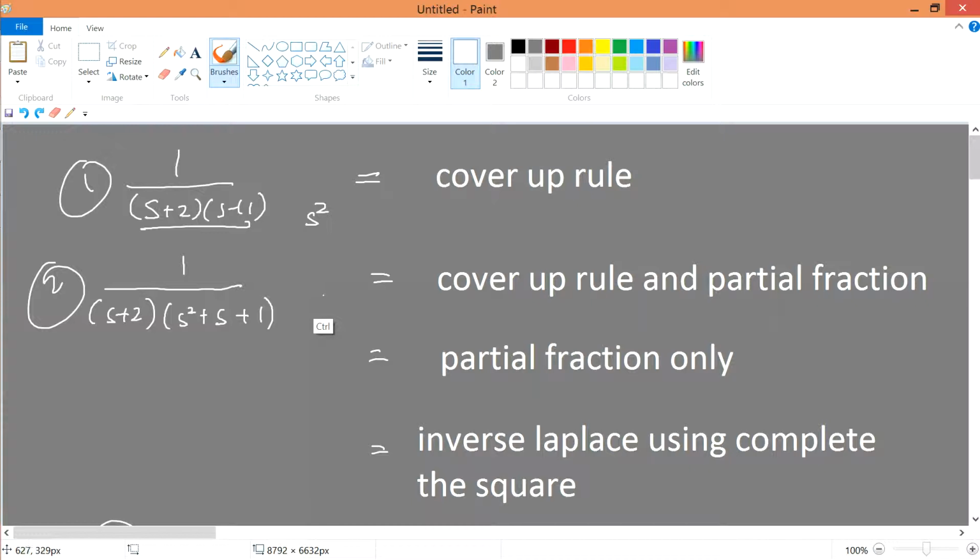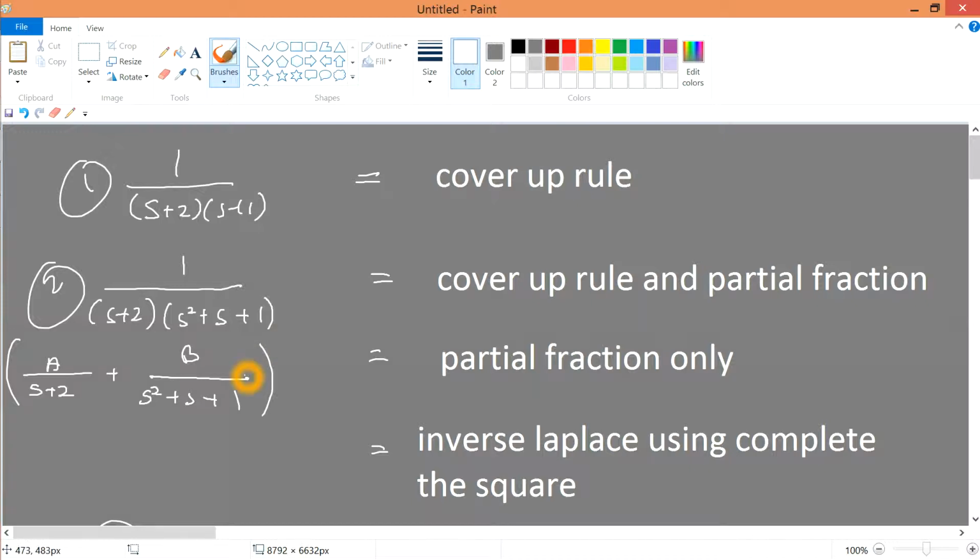But this is something that I want you to know also. Be very careful about whether this thing can be re-represented by some sort of s plus something and s plus something. If it's impossible, then you have another method: solve using the cover-up rule first, because you have something pretty nice like s plus 2, and then solve using the partial fraction method. So just a quick summary: if you were to write in terms of partial fractions for this case, this form, a over s plus 2 and this,